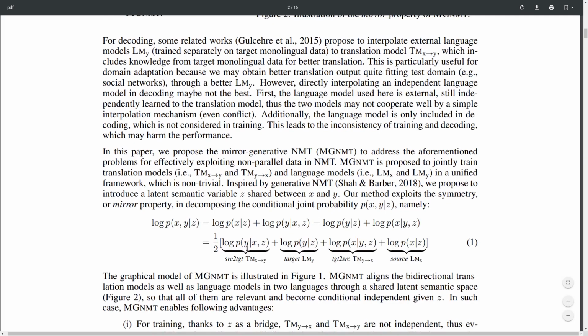And the idea is, you can exploit non-parallel data in this way by using these language models, but also, through this shared variable, you allow the models to share some of the knowledge learned by the different models, and in this way improve the overall performance for all models.